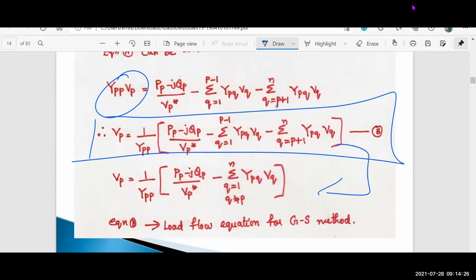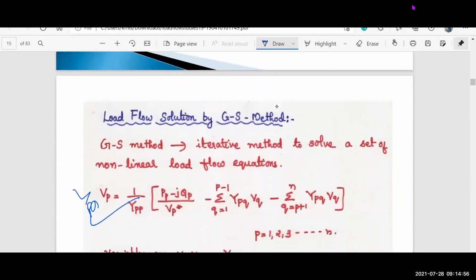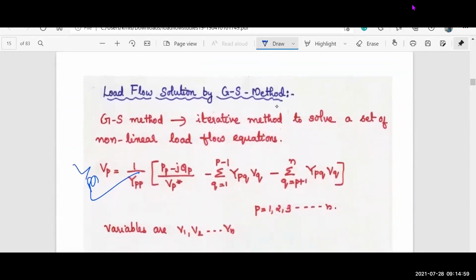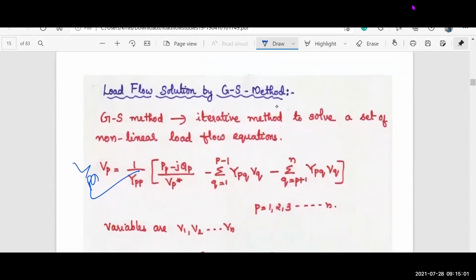Now they have sorted this out. Sorting out means they have merged these two equations as these are minus, and only the term and condition they have there, that Q is not equal to P, that they have made in this part. Because if you see the entire structure, it is similar to that: P minus 1, P plus 1, only P. So Q not equal to P, that condition should be eliminated. The equations are same.